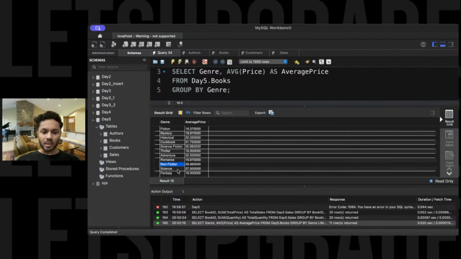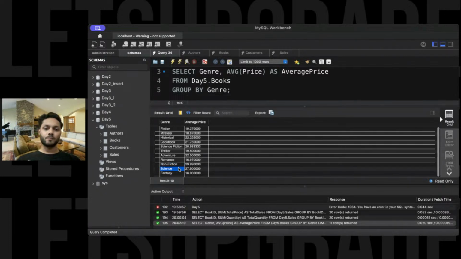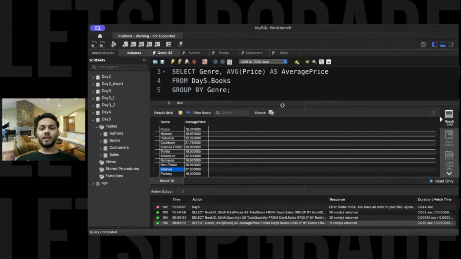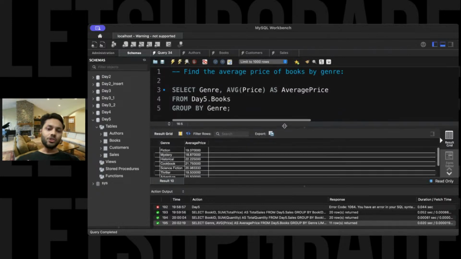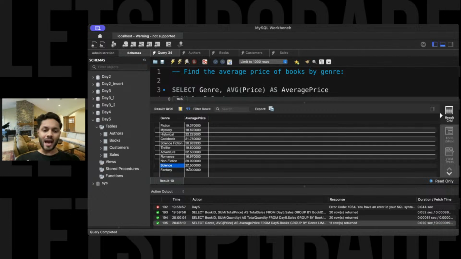And if I talk about the second one, that is science. Whichever book is in the genre of science, that is also going to have a good revenue price, the average price. Okay,